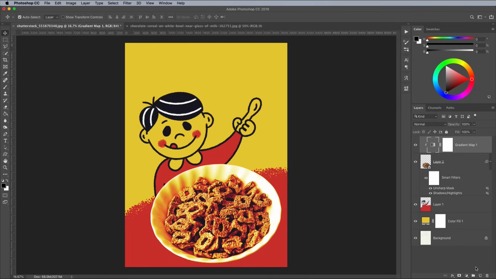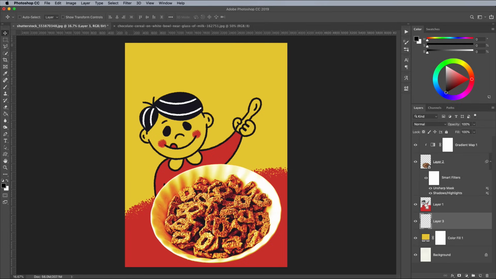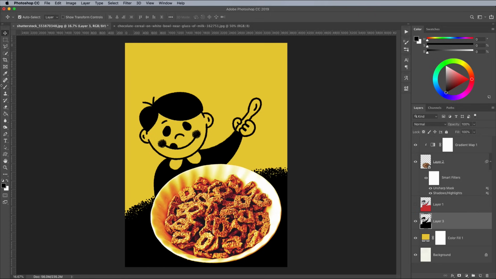Add a new layer and place it below the main character layer. Hold the Command key and click the character layer thumbnail to load its selection. Then fill this area with black on a new layer using the Alt and Backspace shortcut, followed by Command and D to deselect. Turn off the visibility of the character layer for a moment, then select the brush tool and